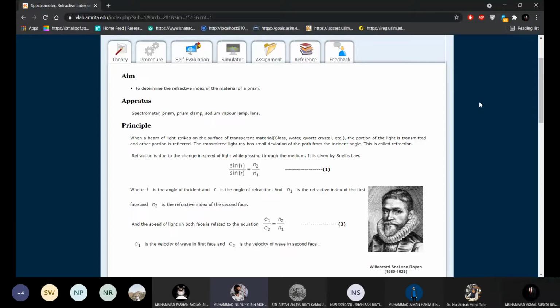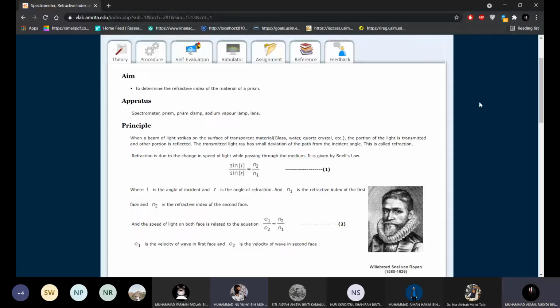of transparent material, for example glass, water, or quartz crystal, a portion of the light is transmitted and another portion is reflected. The transmitted light ray has small deviation of the path from the incident angle. This is called refraction. So refraction is due to the change in speed of light while passing through the medium. You can see from the Snell's law,